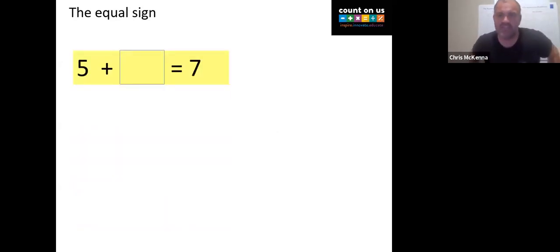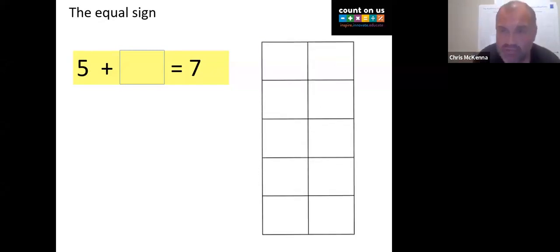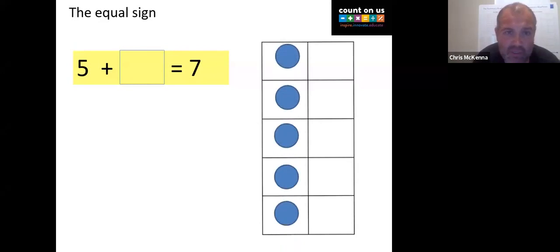A good activity involving the equal sign is filling in the missing number. So 5 plus something equals 7. And again, I would like to show this visually. So 5 plus what equals 7. So I put my 5 dots. I realise I want to get up to 7. The missing number must be